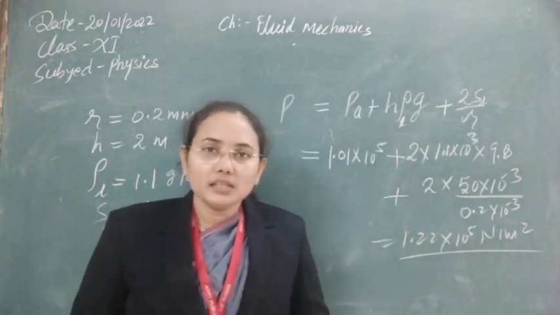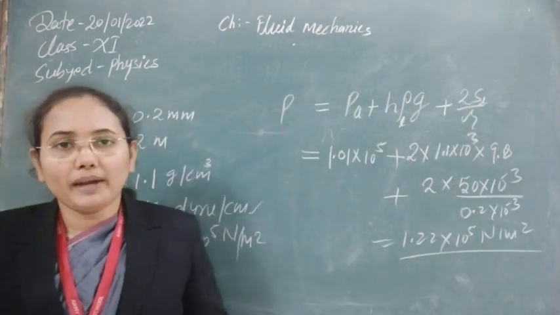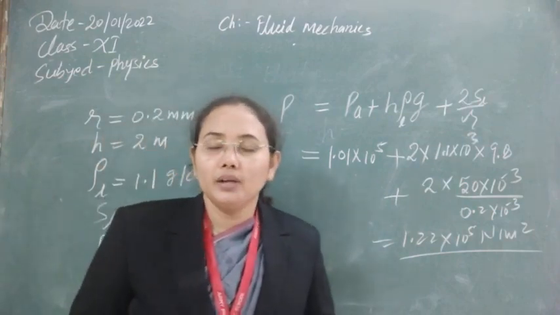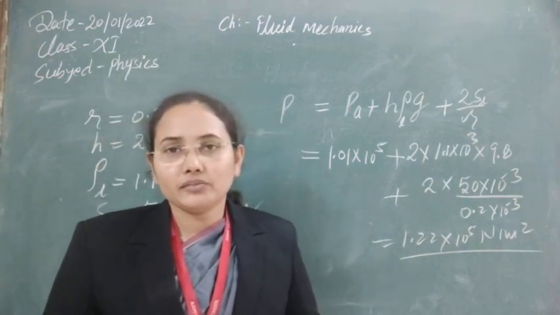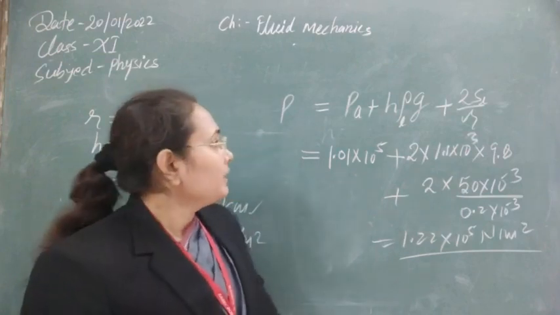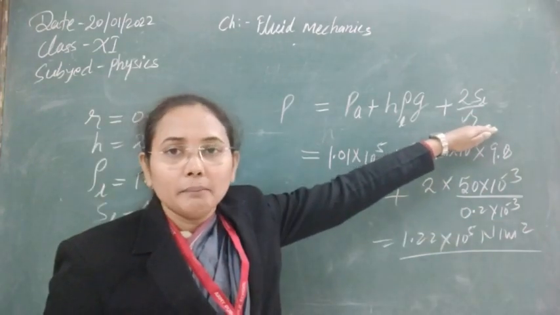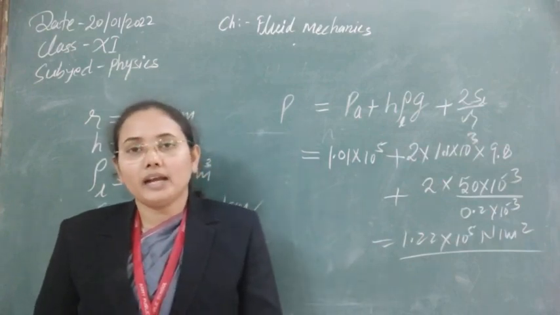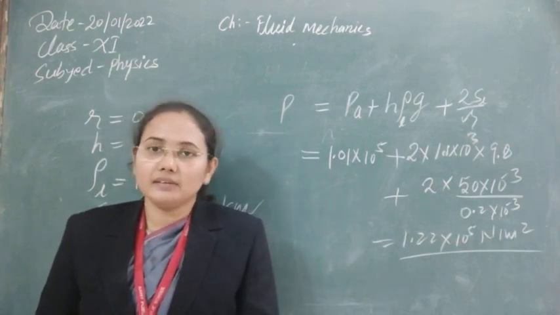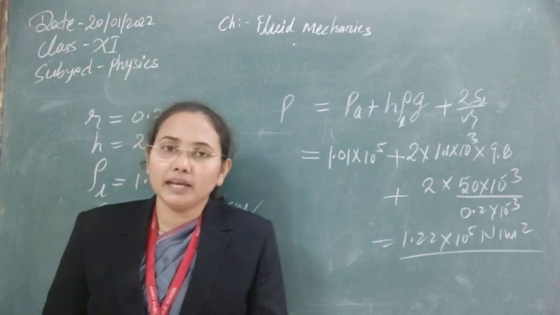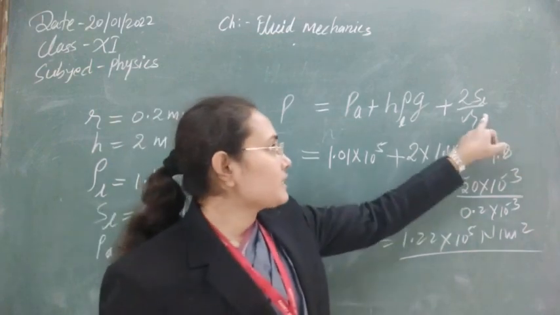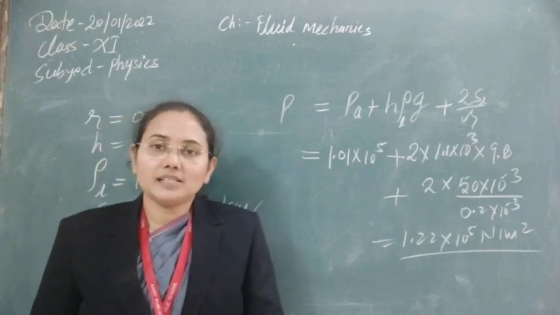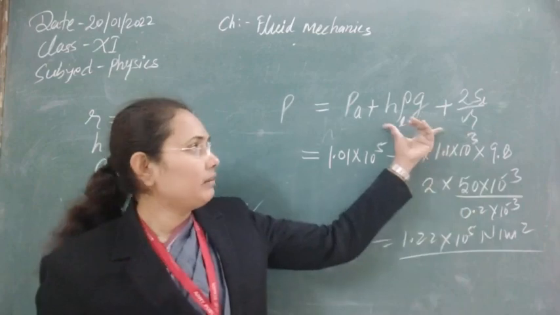So suppose in this question we did not have any air bubble, only a point at which we have to calculate pressure. Then this concept will not arise here, because that point doesn't have any spherical shape or curved surface. But whenever we have a curved surface like the water bubble or air bubble, then this excess pressure concept will also apply here. So we will have the total pressure, that is the absolute pressure at any point, equal to this value.